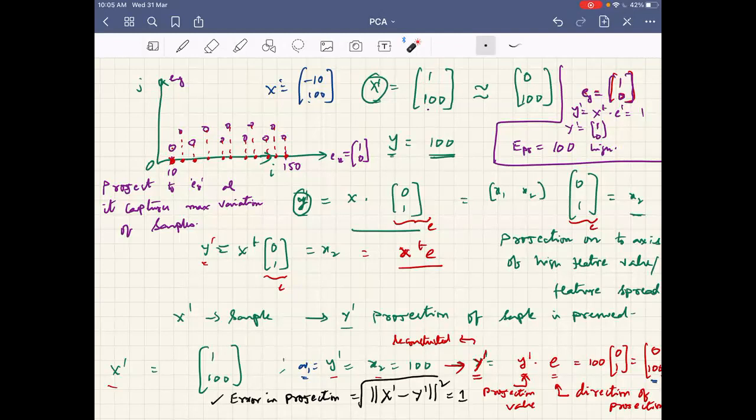But the thing is, if I project a feature vector x having the information of (100, 1) or (150, 1), then what I do is project on the x-axis, and I will be capturing the information on the x-axis through a single dimension. That's what you should note.